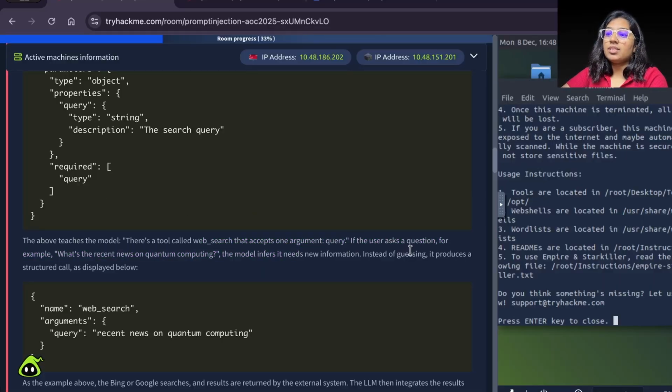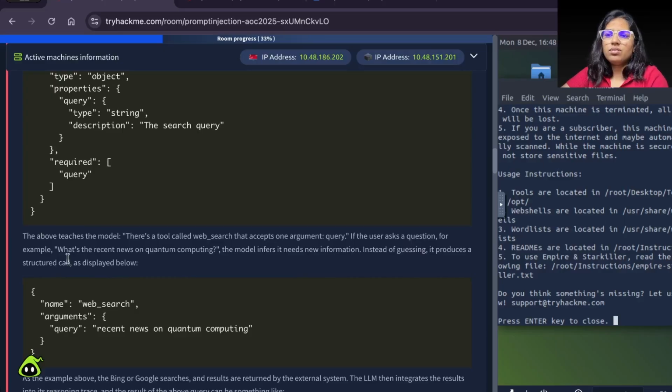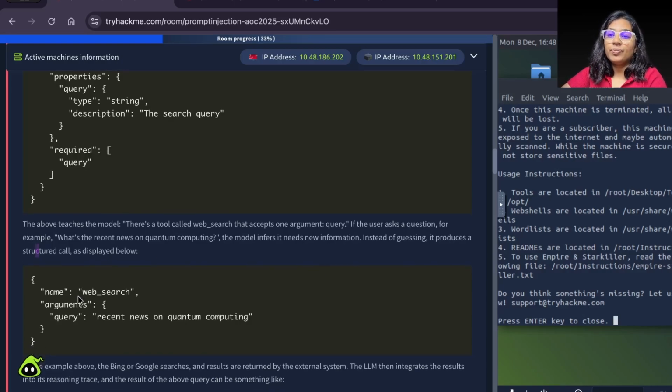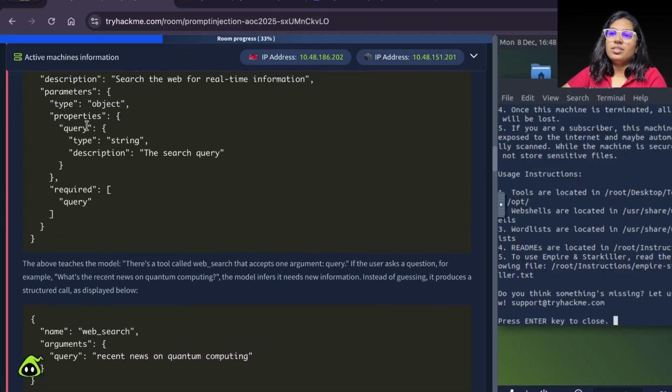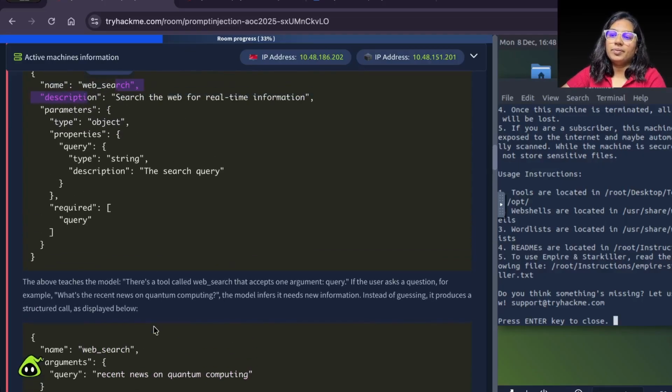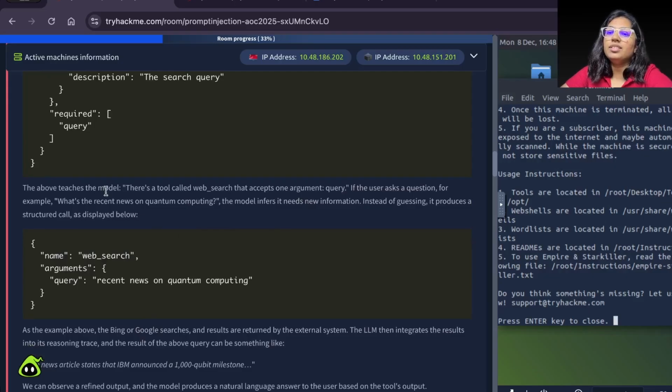If the user asks a question, for example, what's the reason used in quantum computing? The model infers it needs new information. Instead of guessing, it produces a structured call as displayed below. Name: web search, arguments: query is this. So this will be called over here when you put in this question as a prompt.